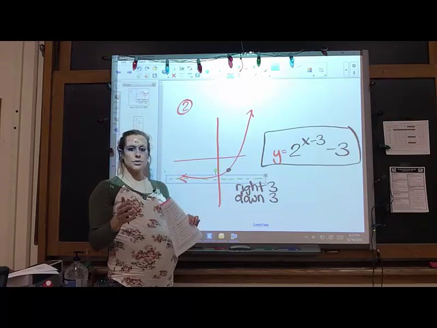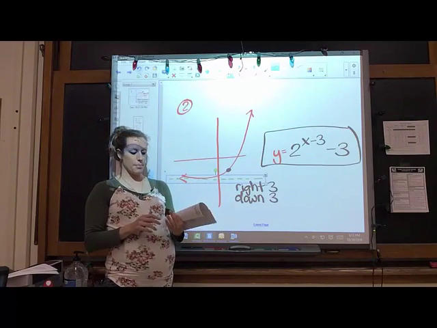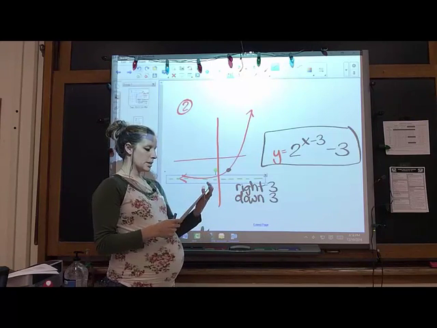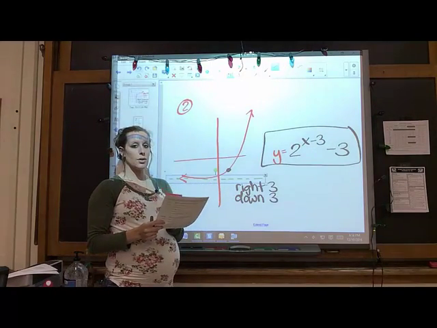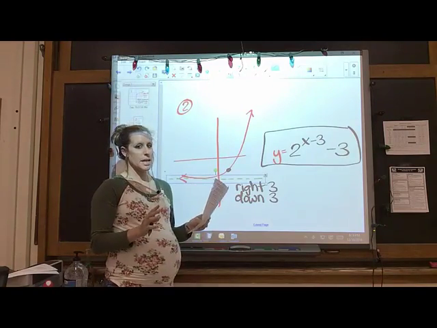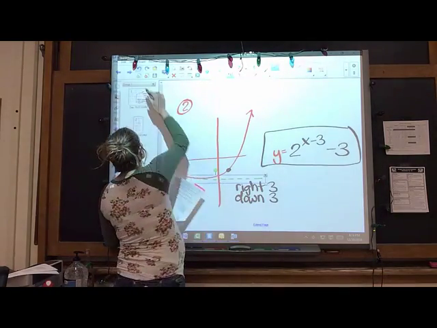Okay, and if you get confused, you can help each other out. You can ask questions, get some examples done for you on the homework if you're not sure exactly how it moves.